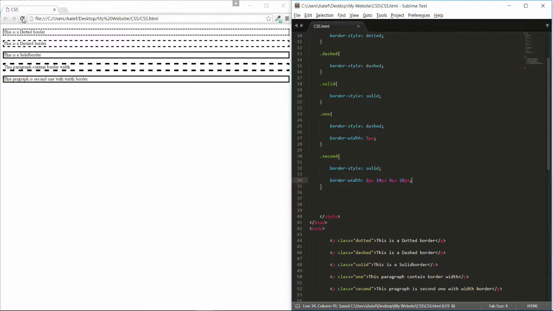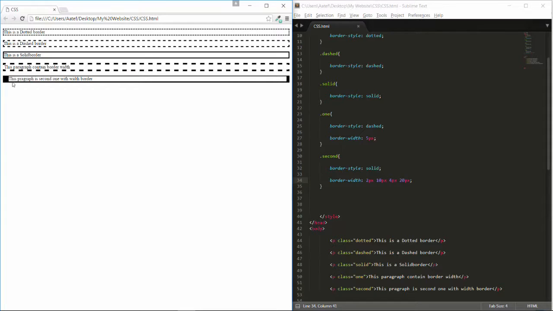Save. There you go. I can change the border style and the border width. Okay,